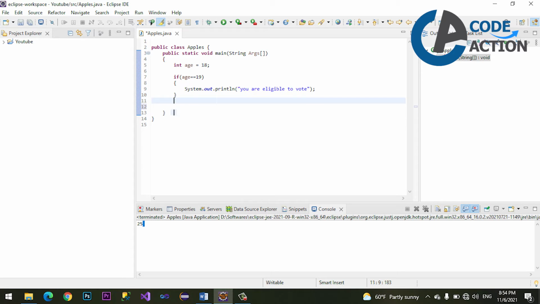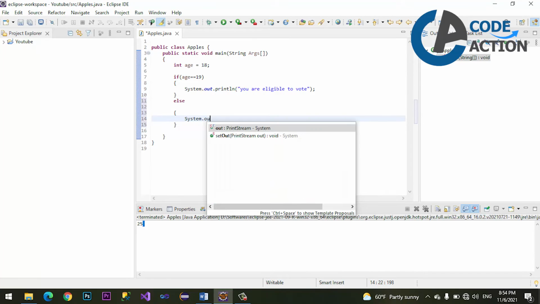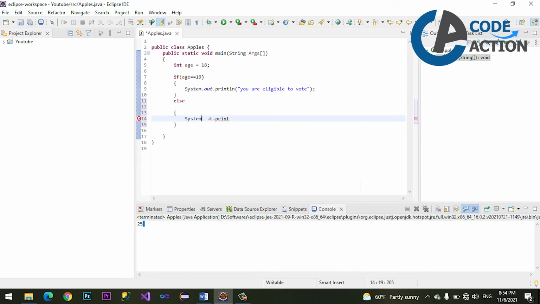Else, System.out.println, print line, and you can display you are not eligible.